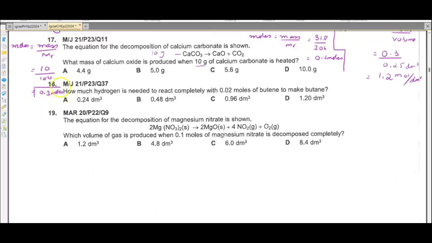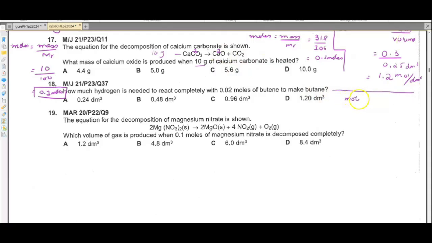Okay, once we have the moles of calcium carbonate, we can easily find the moles of calcium oxide from that, and then its mass. Since calcium carbonate is 1 mole in the reactants and calcium oxide is 1 mole in the products, they have a ratio of 1:1. So the moles for calcium oxide would be the same as that of calcium carbonate. Okay, once we know that there are 0.1 moles of calcium oxide, what we need to do is find its mass.